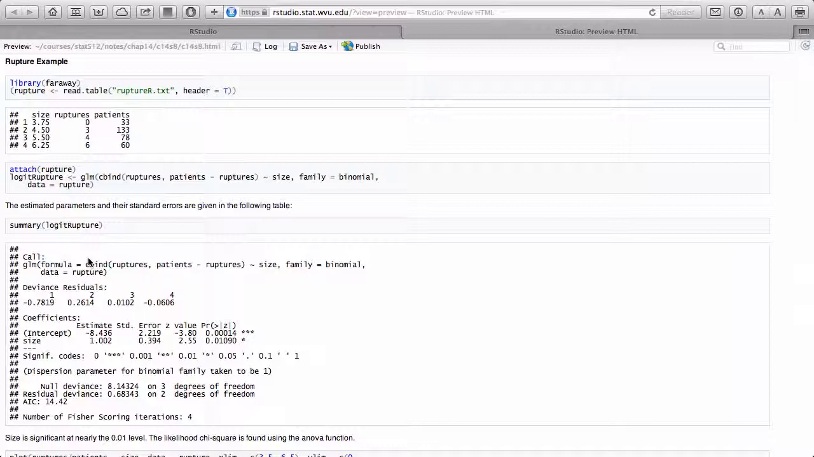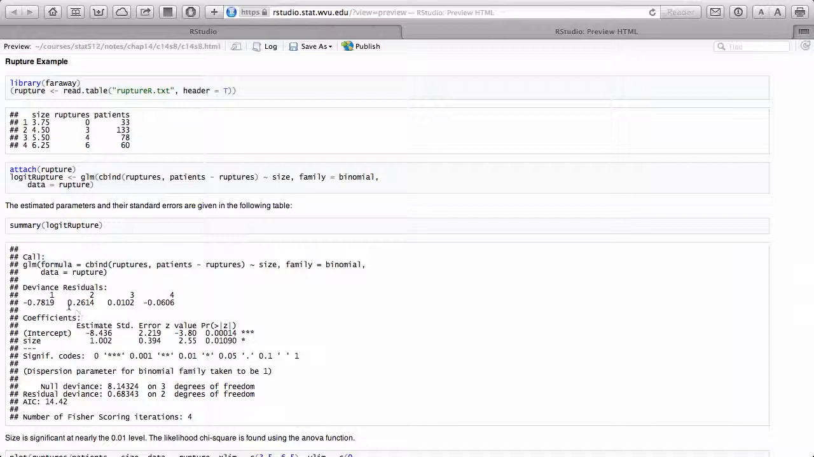If I do a summary, I get the coefficients right here, and I get their standard errors, and I get their z values. This is a Wald test right here. So if I look at the Wald test for beta, which is the estimate, the beta is actually the estimate for size. And notice that the standard error is 0.394, and the z-value is 2.55. And you can see it's almost significant at the 0.01 level. So it's pretty significant. So it appears that there's a fairly strong relationship between aneurysm size and the probability of